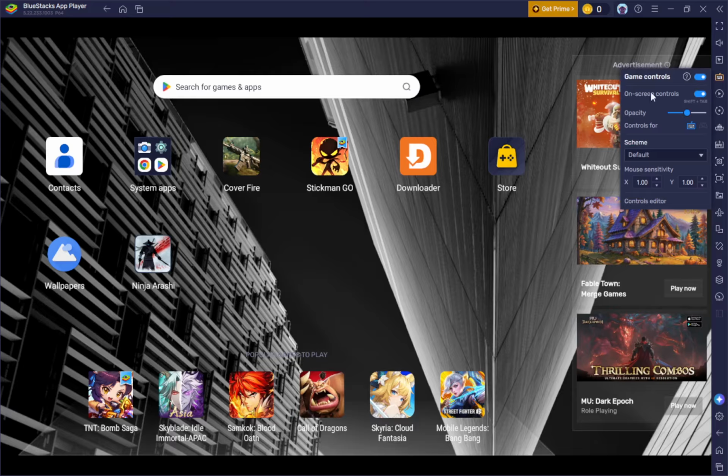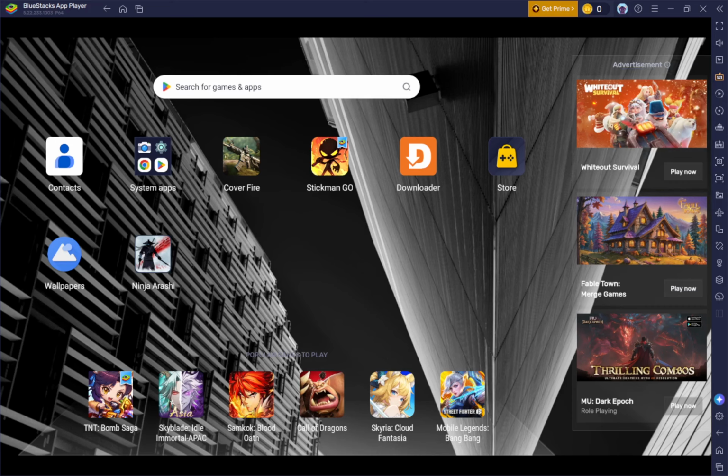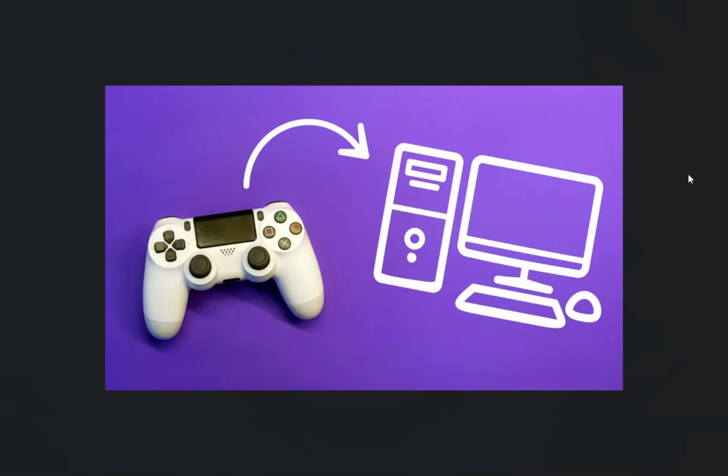Note that BlueStacks 5 supports many popular controllers, including Xbox One, Xbox Series X/S, PS4, PS5, Logitech, PDP, and Redgear controllers. Most controllers recognized by Windows should work, which gives you flexibility in choosing your gaming setup. If a game does not support controllers, you can always create custom gamepad controls using the Controls Editor. This versatility allows you to adapt your gaming experience to your liking, making your gameplay more enjoyable.